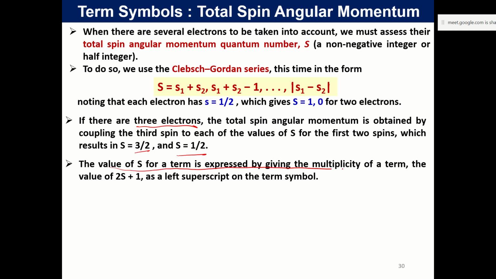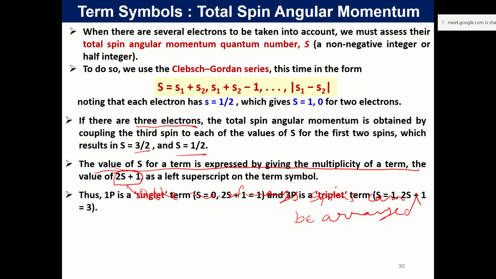The value of S for the term gives you 2S plus 1 terms. So this 2S plus 1 tells you the number of ways the spin can be arranged. That's what we mean by spin multiplicity, the number of ways in which spin can be arranged. मतलब एंगुलर मोमेंटम वेक्टर को कितनी तरह से आप रख सकते हैं. That's what we mean, and that is always taken as a superscript. Superscript, triplet, singlet term. So only when you are adding these spins, you always get this kind of thing, singlet, triplet,